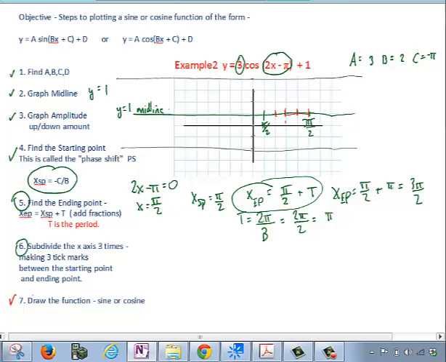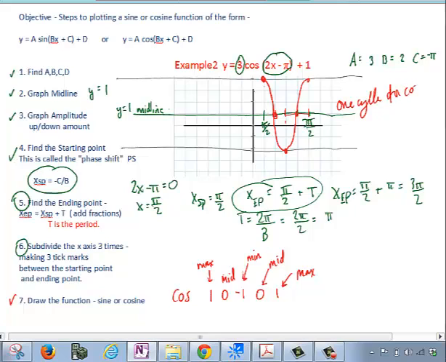Last part is to draw the cosine function. Remember, cosine follows a pattern, just like sine had its pattern. This pattern means you start at the max, you go to the mid, you're down to the minimum, then you're at the mid again, meaning the midline, and then you're at the max again. So I want to follow that pattern. For cosine, I'm going to start at pi over 2, but I'm going to be at the max. Then at the next tick mark, I'm going to be at the middle. Then I'm going to be at the minimum. Then I'm going to be back at the mid and back to the max again. Remember, draw your curvature because you have to show that it's concave down on the ends and concave up. And now this is one cycle